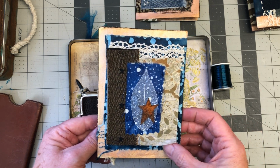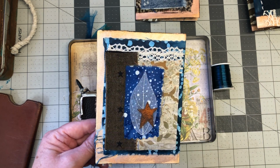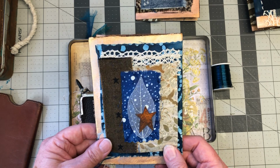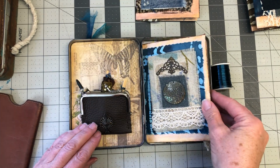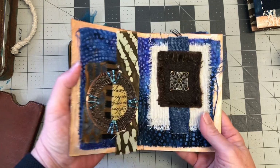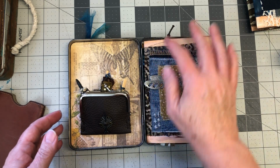Bit neater edging here, not torn, mostly cut. This is some nice Japanese fabric that I picked up at a show, and it's just the scrap of whatever's left from what I used it for, which I can't remember. I did make another couple of pages to go in there, thinking it would all fit. But of course, when you're piling on different metal bits with lumpy bumpies in there, and then this purse on the front,